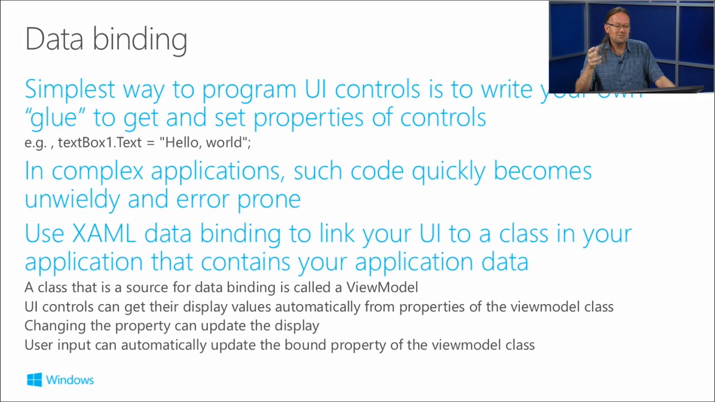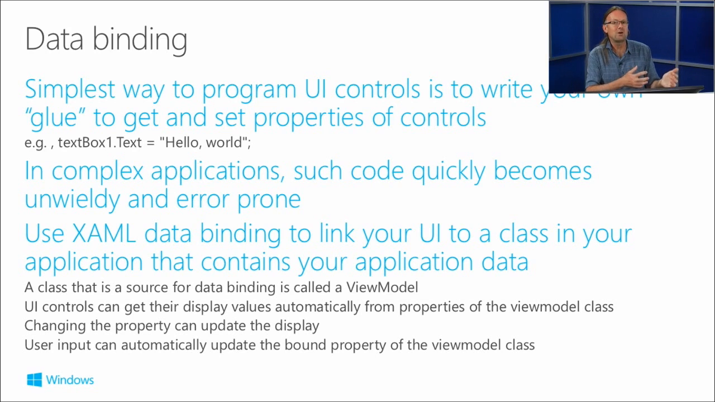Because if you start doing that, you're going to soon end up with massively complex code, and the app is unmaintainable, and it will be error prone. You can't do that. Data binding is a much, much better way of doing that. What you need to do is create a class which has a special purpose. We call these classes view models. So this class exposes properties on it. And in its simplest form, the display controls and input controls on your page